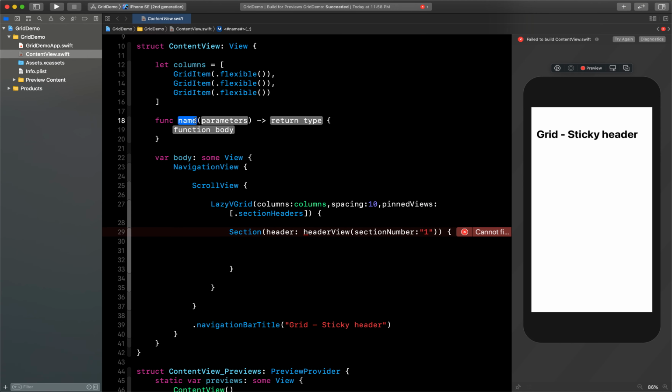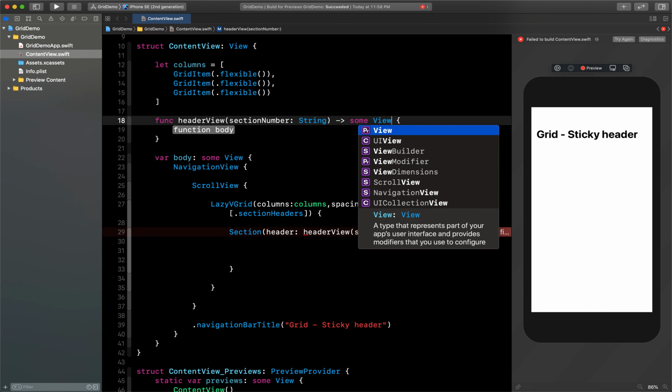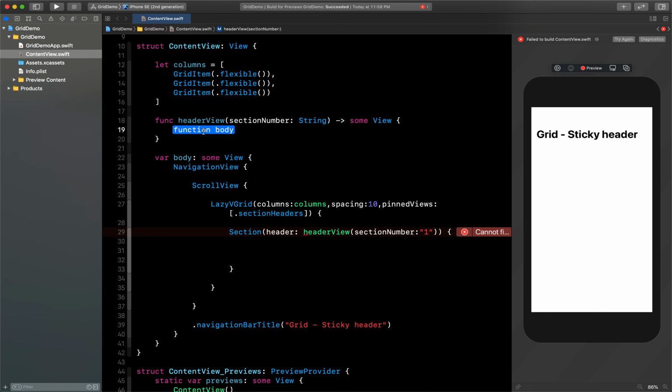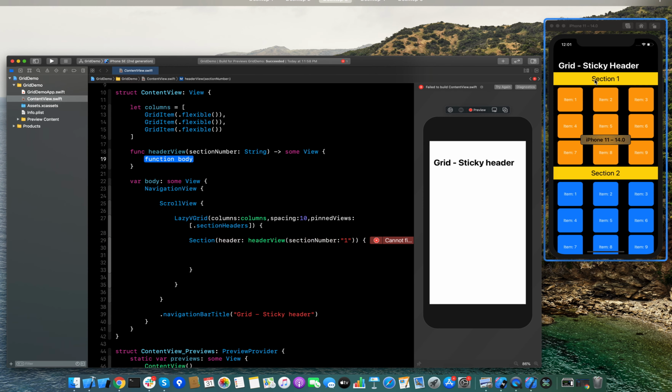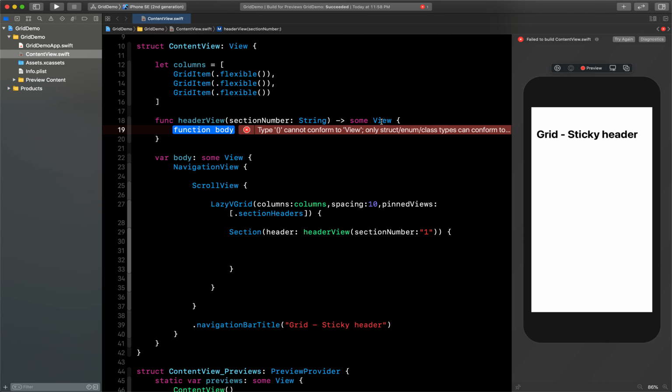So I will say func, and let's name that function header view. It will be accepting this parameter section number, which will be of type string, and it will return some view because we don't know what view it is going to return. But if you are sure that you want to return only text, you can say text also here. So we can start creating our view.